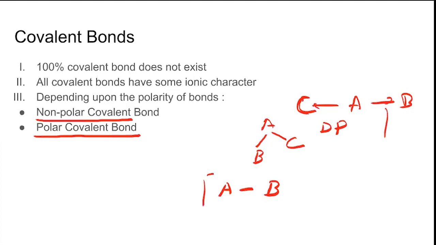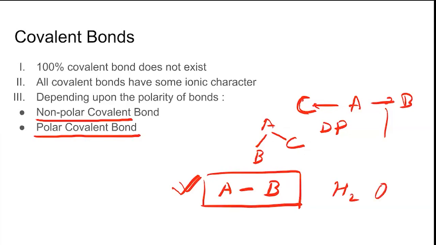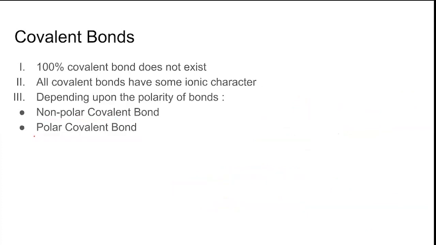What I'm talking about is the simple case. When there are only two atoms, there is no angularity here. There is no vectorial angle, so that they cancel out. In the case of a simple molecule, that also can be a non-polar covalent bond. In what case? If you have similar atoms like hydrogen, oxygen, H-H, so the electron is equally shared between the two atoms.